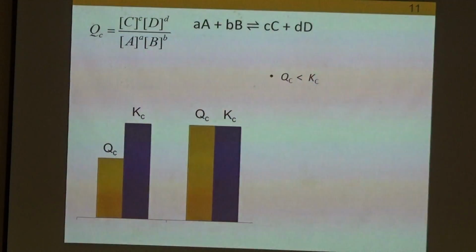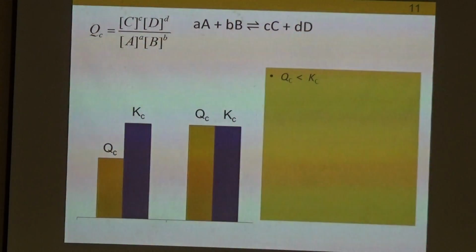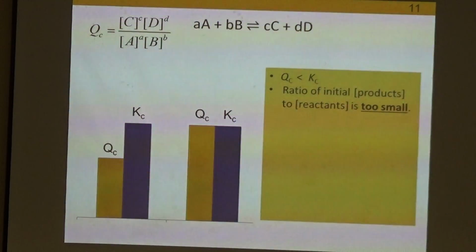Now, think about what it means when Qc is smaller than Kc. The ratio